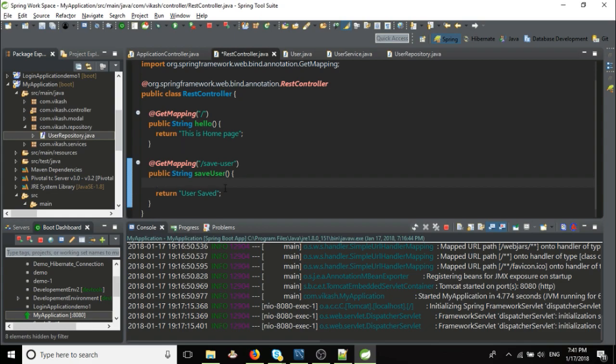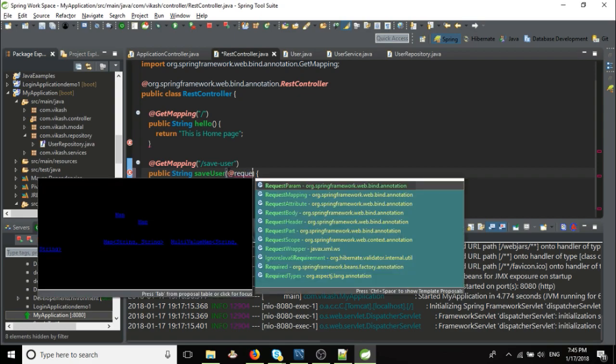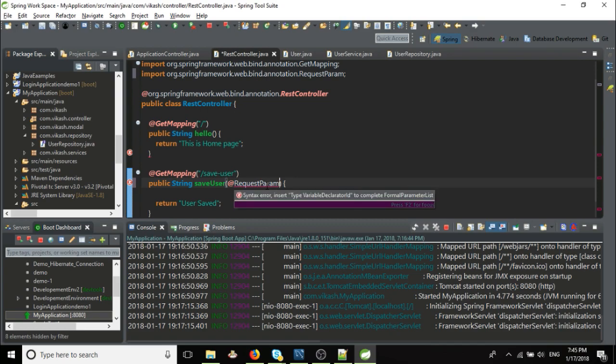So now we have to save this user. So how can we save this user? This controller will contact the user service, and the user service will take help from the user repository to get the data from the user and just save it into our database. So for that we need to have this user class here. Sorry, we have to put something called @RequestParam. This request parameter will ask for the input from the user,